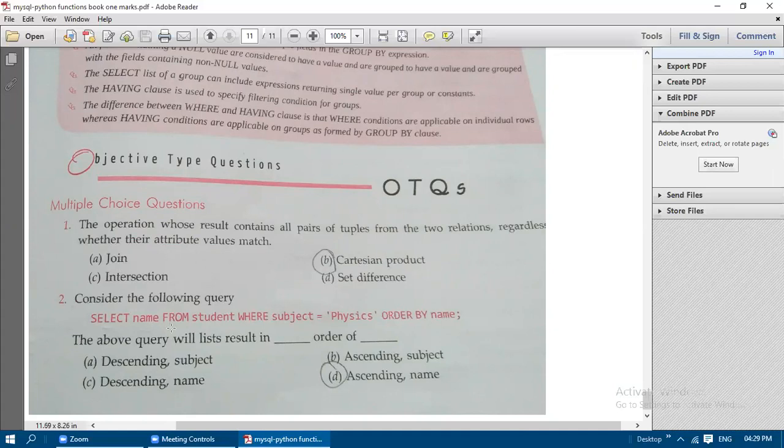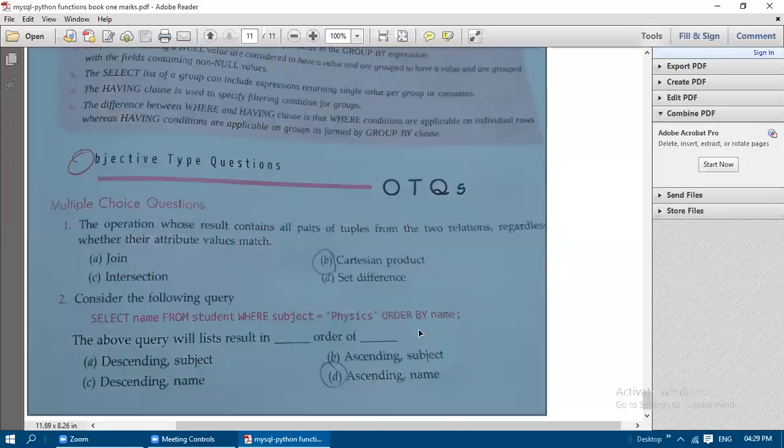We need to display the names only in ascending order. Subject should be physics. So all those studying the subject physics, their names alone will get displayed in ascending order, in the order of name field only.